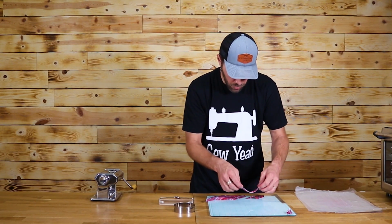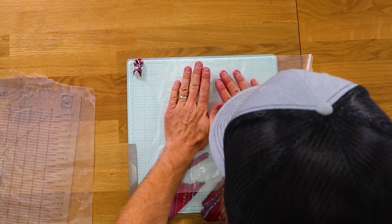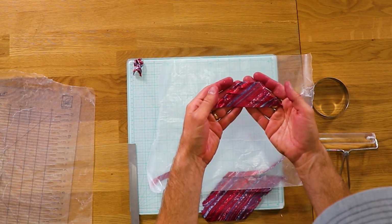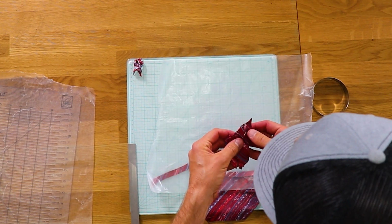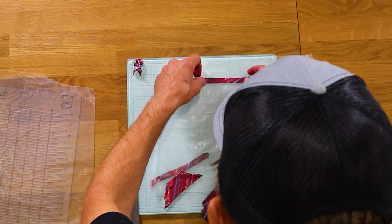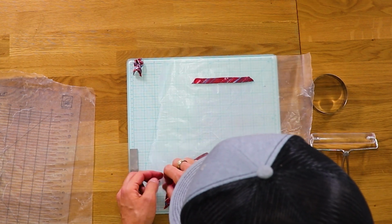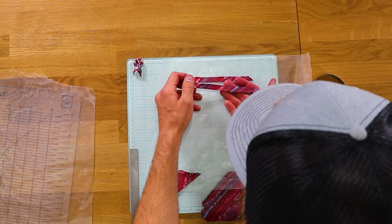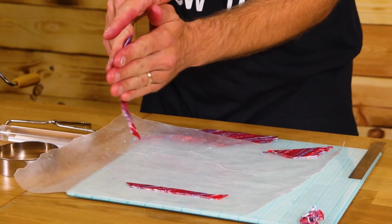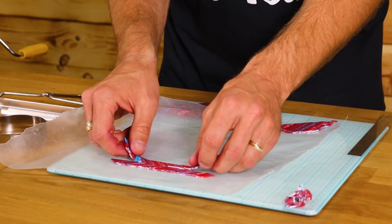Okay, now for this part, you're definitely going to want your wax paper. I'll lay it on my wax paper, and I'm going to start laying down strips of this clay that I've cut. When you do it, lay down your first strip. There we go. And then take your next strip, and you're going to turn every other one of these pieces over. So I'm just going to flip this over and lay it down, and it's going to make a chevron pattern